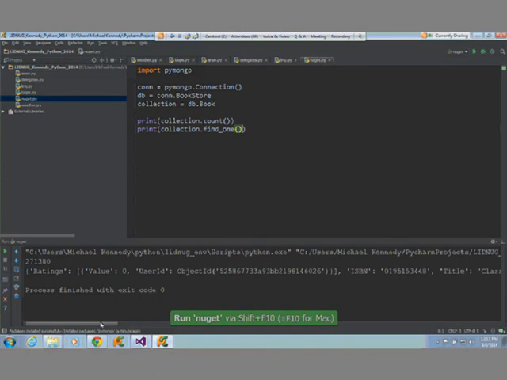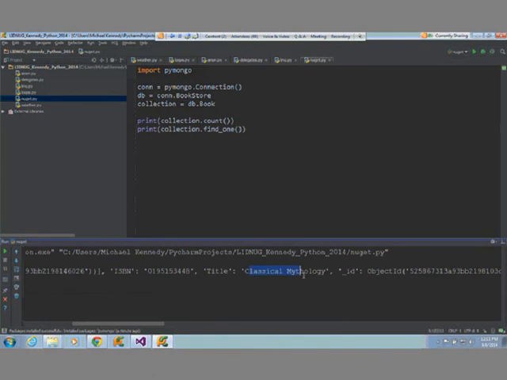Okay, the first book apparently is called Classical Mythology, right? How awesome is that? So you go out there, boom, I want to use this library or this database or this web service or whatever, and you just install it. Just like NuGet. Very nice, very easy. And we even created this virtual environment to isolate things.